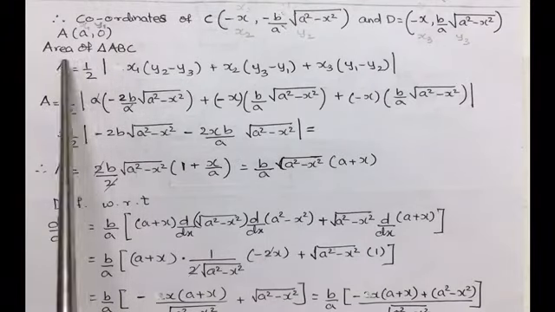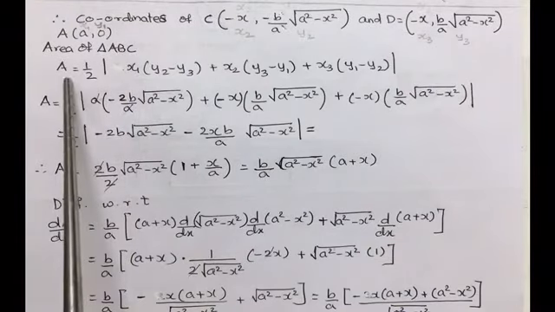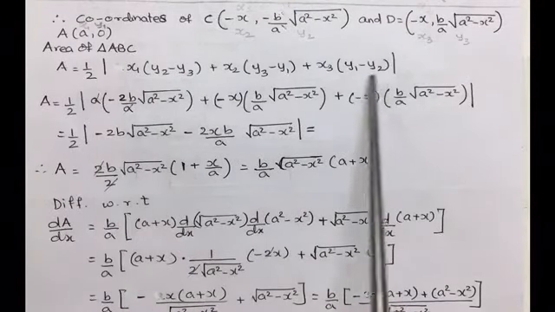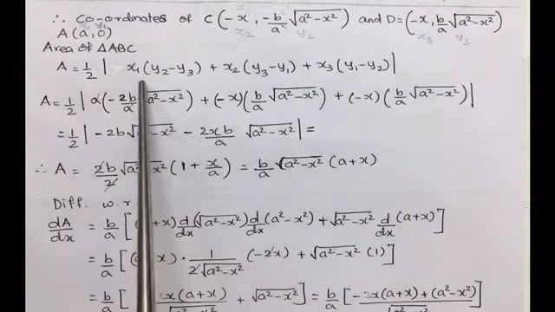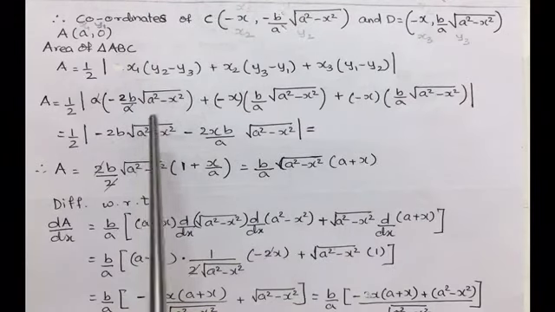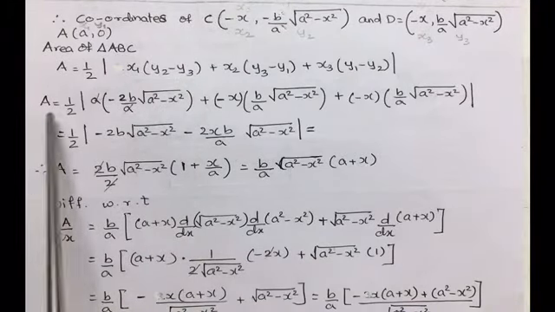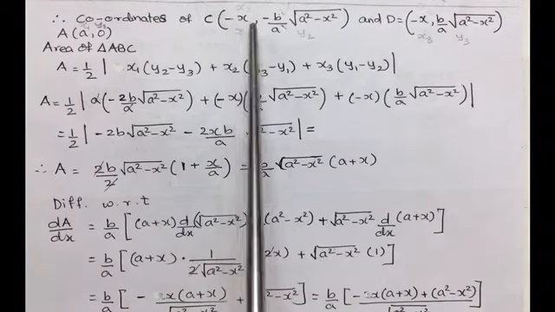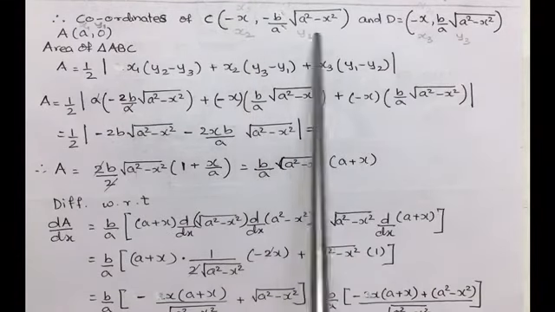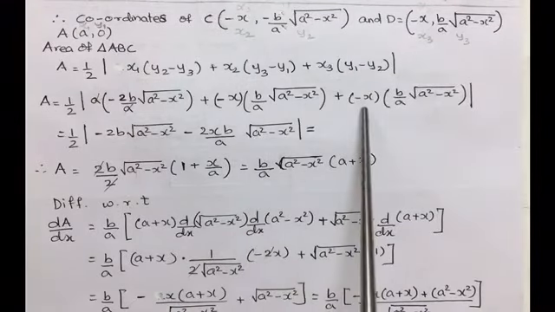Now calculating the area of triangle ACD, we take it up as area equal to 1 upon 2. This is the formula for calculating the area of a triangle, which you have already done in determinants or in straight lines. Now taking up and keeping all the values, you can just mark the coordinates of A as x1, y1, coordinates of C as x2, y2, coordinates of D as x3, y3, and keep the values in their places.